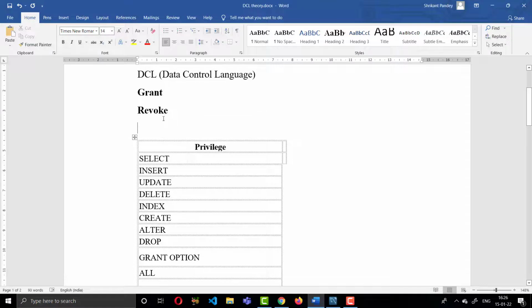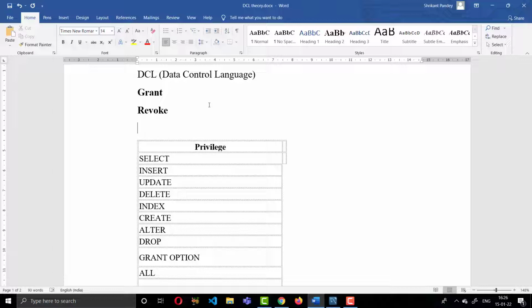Now let me give a real example. Suppose you are working alone on a project, and for some reason you are going somewhere and are not able to do some operations on the tables in the databases. So you assign the task to another candidate and set permissions for that user.